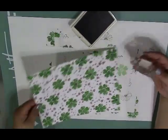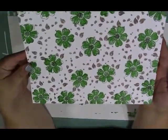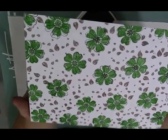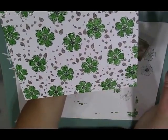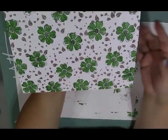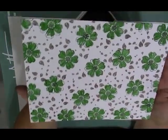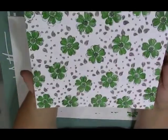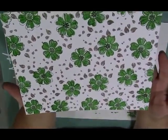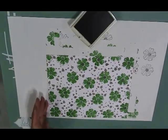Okay, so that's it. I'm done. And this is the background that I have created. It's vibrant and neutral at the same time. It does seem a bit busy and you're like, oh, but it is very conducive to any kind of sentiment. This could totally go happy birthday, how are you, thank you, and that's exactly what we're going to do right now, is to get